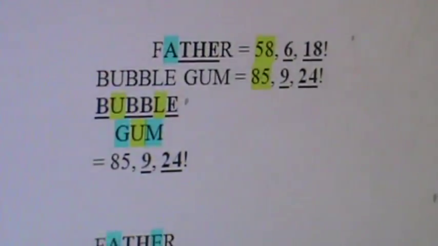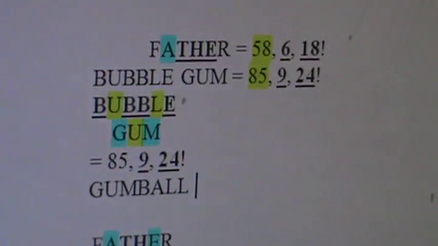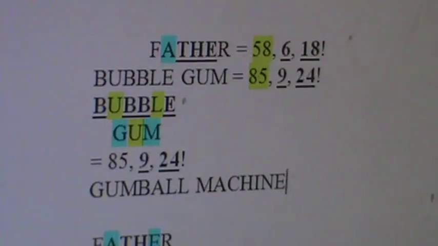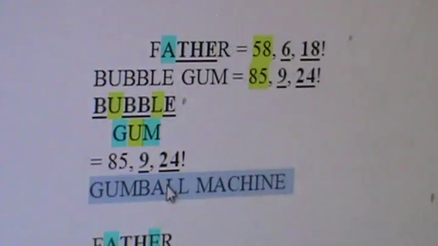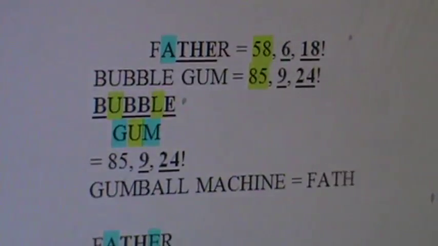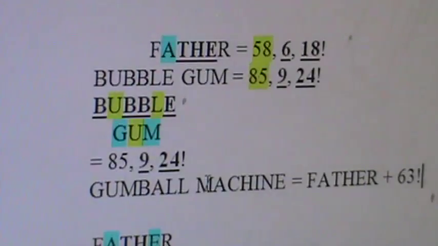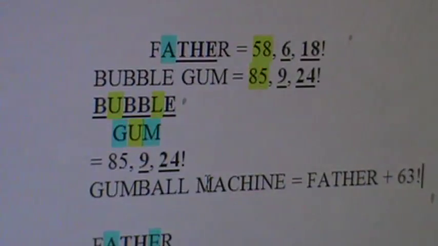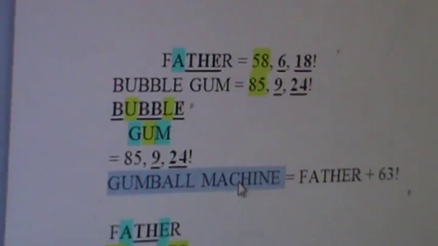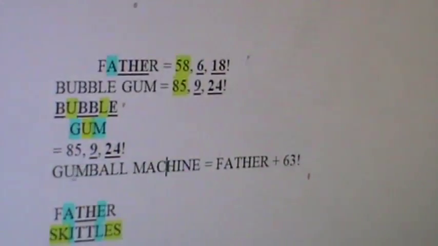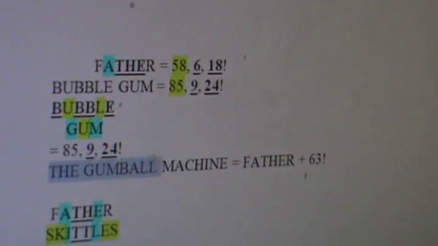And then watch this. I'm going to solve a gumball machine right now. I feel that word just came to me. This is so cool. This is so cool. How it yields +1 for father. It's father plus 63. 42 plus 21. Gumball machine. Yep. And we solved the gumball machine. I would put the word "the" in front. So cool. The gumball machine has now been solved.